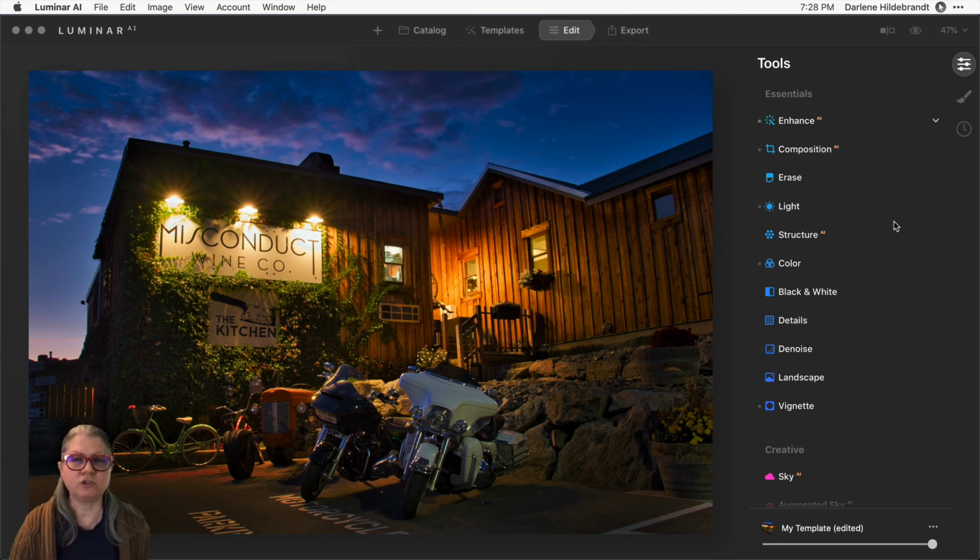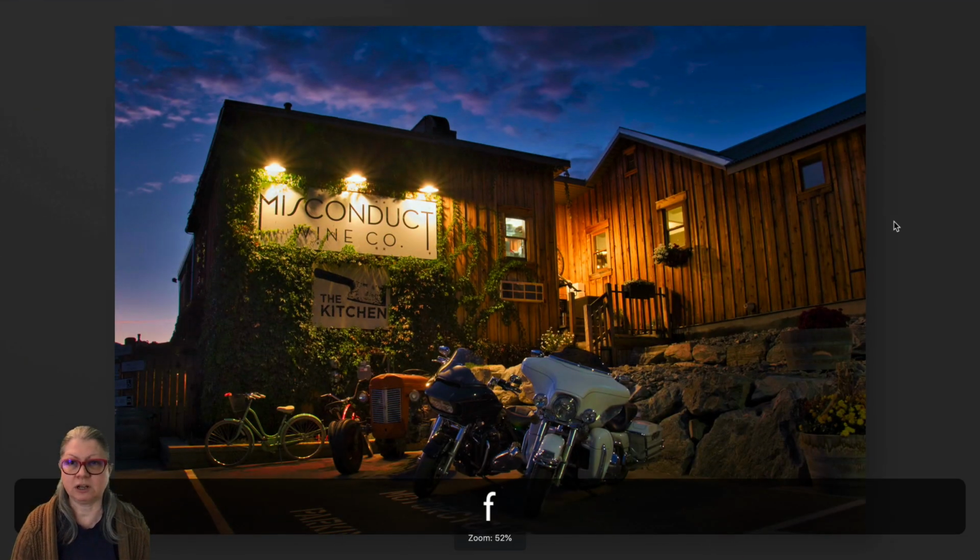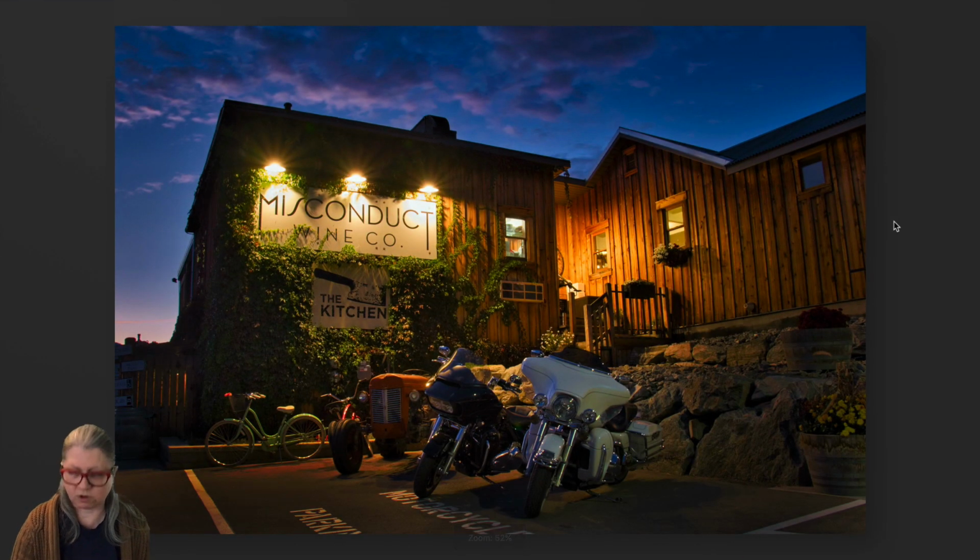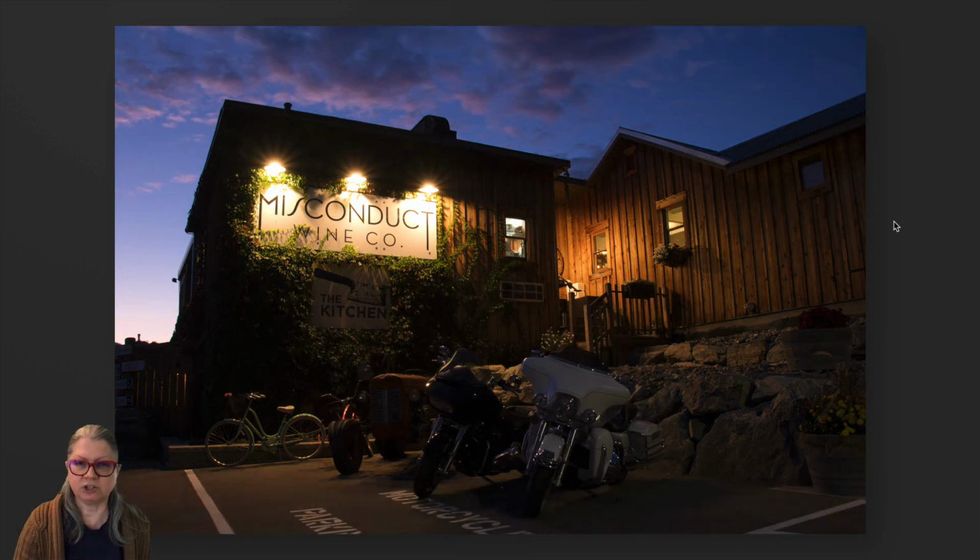In this first image, we're going to be looking at how to reduce contrast to retain the details in the highlights and the shadows. To view the image full screen, I'm just hitting F on my keyboard for full. Let's take a look at the before. So you can see that the area in the sky on the left is very bright, the sign is blown out, and the side of the wall and the vines on the wall are very dark with very little detail.